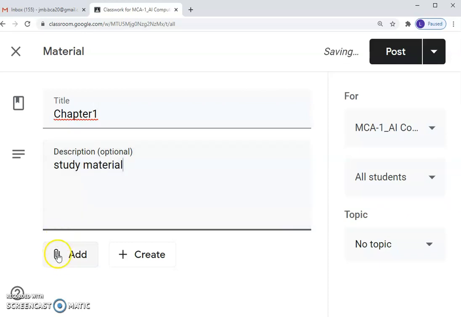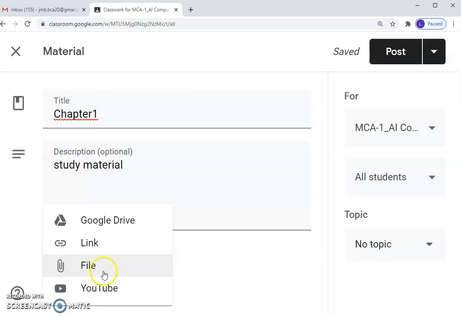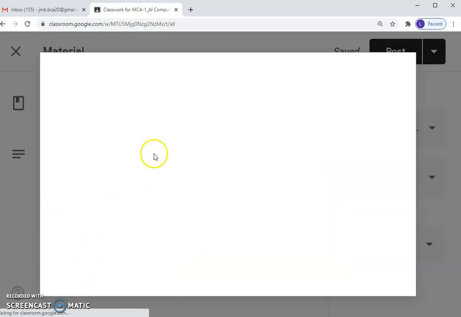Then you can attach the file, attach a link, or if it is available on the drive, go to the drive and upload that document, or also upload a YouTube video link. Suppose we have to attach some file or presentation, click on the attachment field. You can browse through your computer and select that particular file.